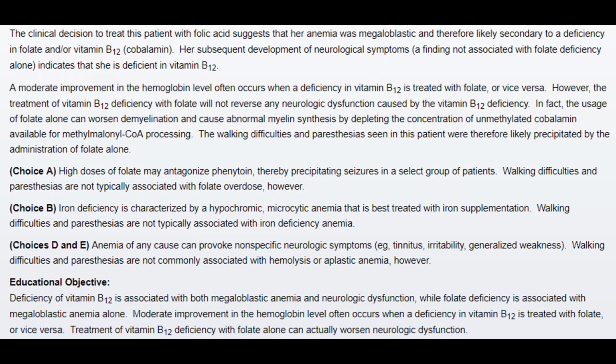The clinical decision to treat this patient with folic acid suggests that her anemia was megaloblastic and therefore likely secondary to a deficiency of vitamin B12 or folate. Her subsequent development of neurological symptoms, a finding not associated with folate deficiency alone, indicates that she is deficient in vitamin B12. A moderate improvement in the hemoglobin level often occurs when a deficiency in vitamin B12 is treated with